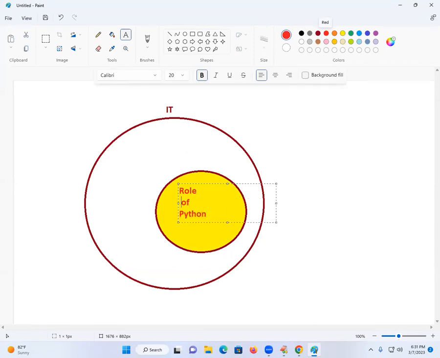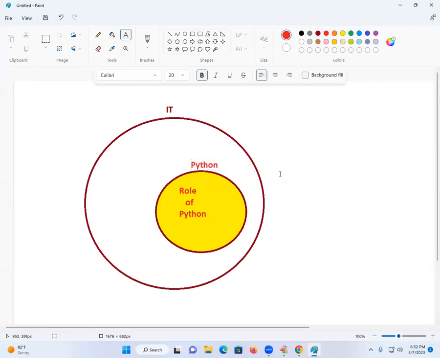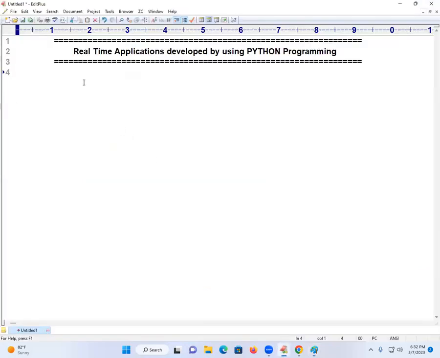Carefully try to listen. Some of the words will bounce off you because you did not hear those words in your academics. Slowly you'll come across them. So this is the role of Python in the software industry. These are the applications we are developing by using which language? Python language. So in the industry, what is the role of Python? You people are going to learn it. So Python's share, I'm going to discuss. These applications are developed using Python language. Let's start. Carefully listen, students. Today I'm talking about the overall importance of Python in the software industry.